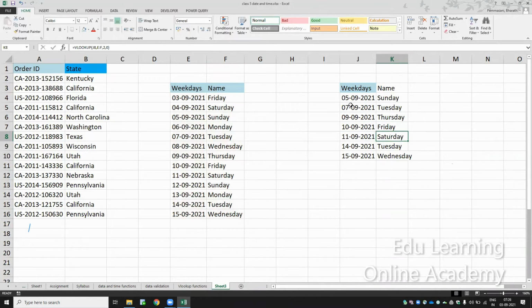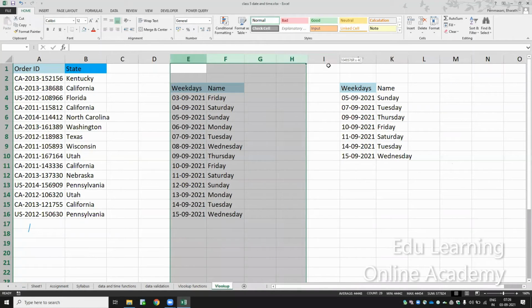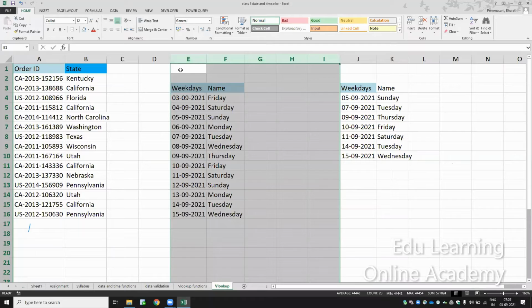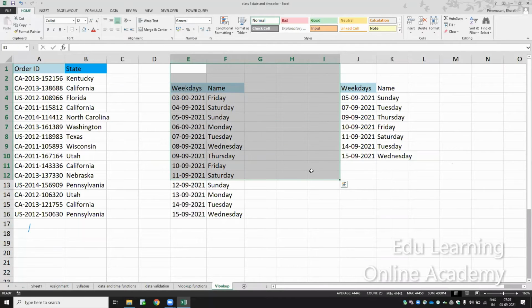So similarly we have one more value. First let me select the data. So team, is it difficult to understand VLOOKUP? Now I'll go for the HLOOKUP value. That will be a bit confusing. So VLOOKUP means vertically we are searching like this. HLOOKUP means horizontally we'll search like this. VLOOKUP we are searching like this. Horizontal lookup, HLOOKUP, will search like this. So I'll give an example for that also.